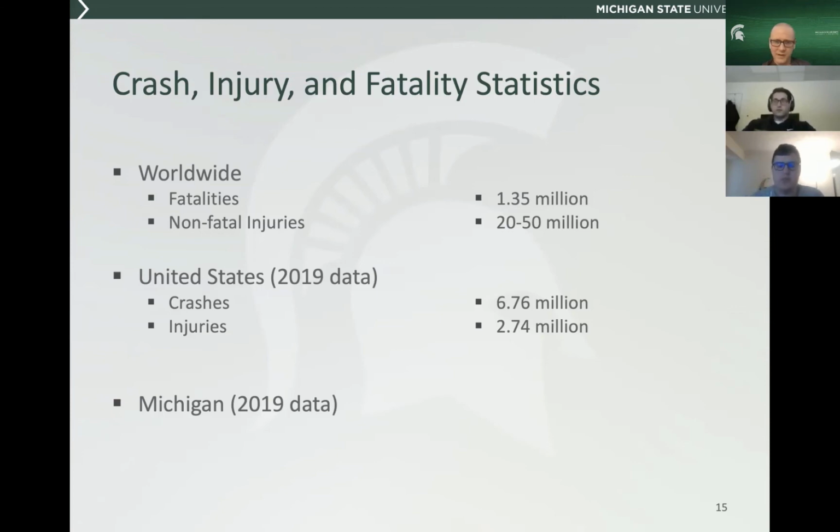Do you guys have an estimate of how many fatals would occur each year in the US as a consequence? 20,000, 25,000. Okay, 25,000. You want to throw a guess out, Jordan? I was going to say around the same, actually. Okay, so if we look at the most recent data, we've got around 36,000, and that's been a gradual decline. If we go back to the peak in traffic fatalities, we were around 60,000 per year.